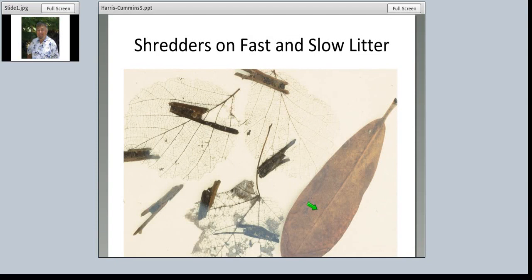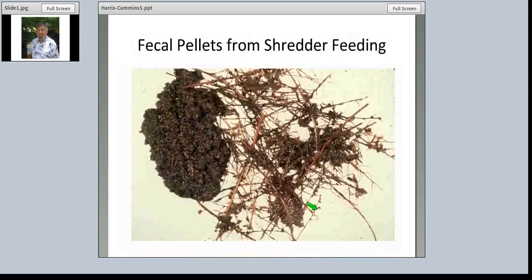And so that has to be taken into account into how fast you want the carbon to cycle in a stream by managing different plant species in the riparian zone. Well, the shredders are real shredding mills, and they take leaves and turn them into feces, basically. This is a handful of leaves, alder, I believe, fed on by one of the shredders, a crane fly shredder in this case, and these are all fecal pellets.